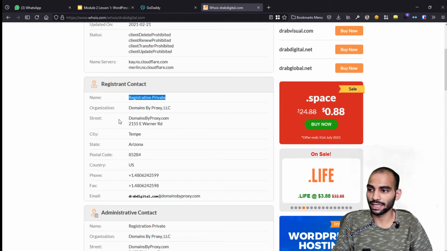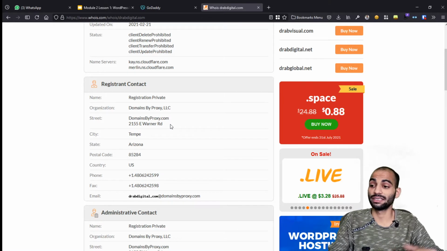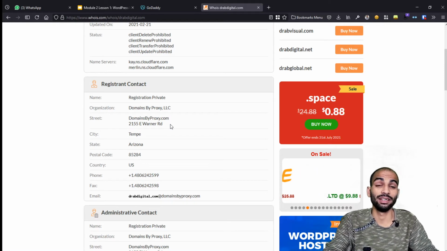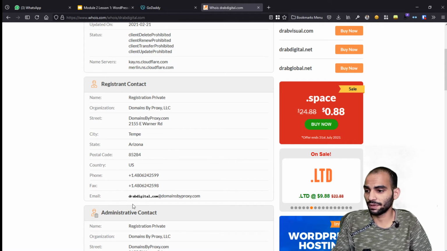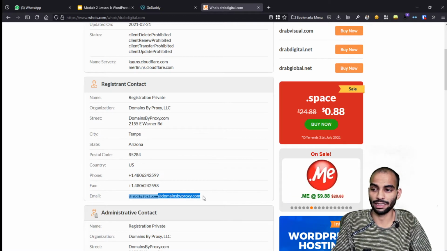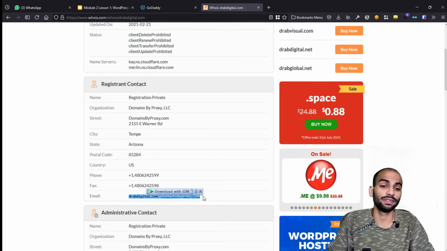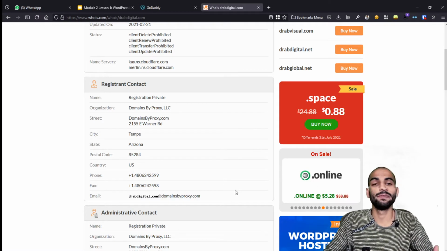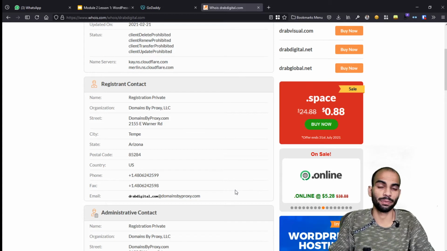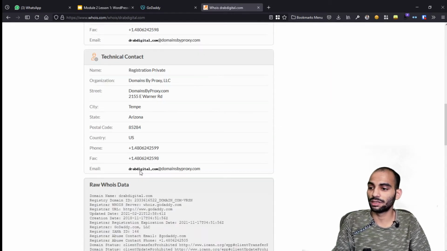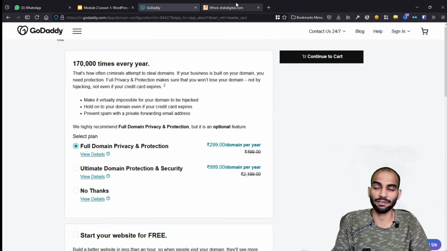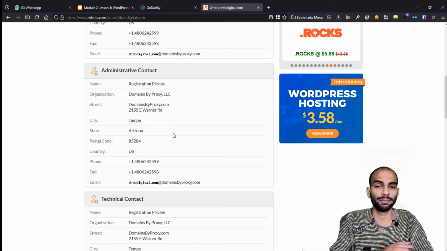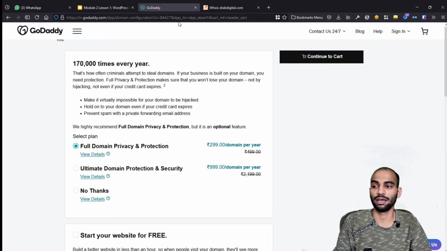All the details are being hidden, and they have created separate details here. If someone wants to contact the owner of the domain, that is me, they can just send the email to this email instead, and the email will be forwarded to me through the domain provider. So that is how things work. When you buy the privacy protection, your details are not public, and you can hide your details.